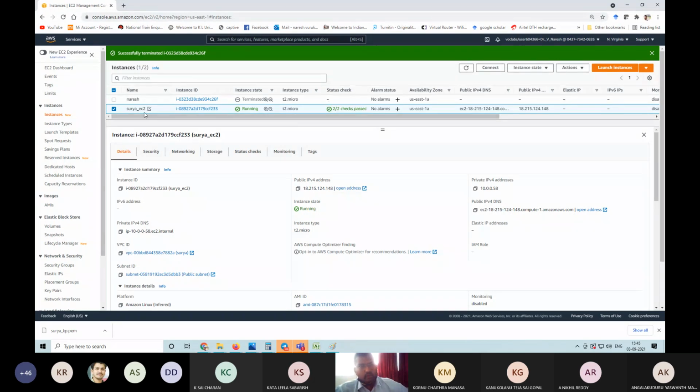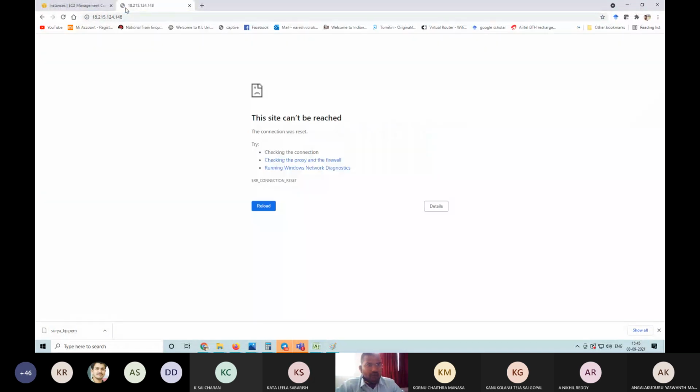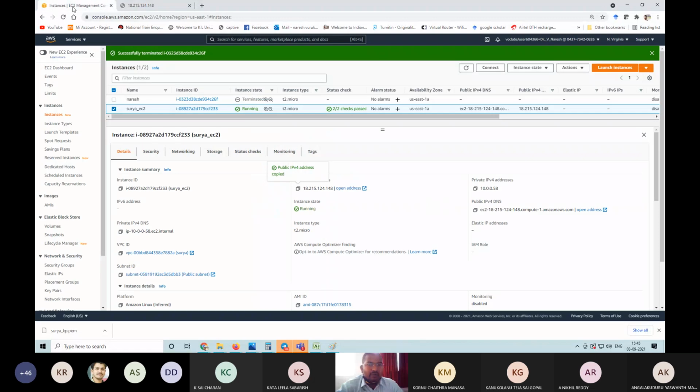Now you can see the Surya_EC2 instance I have launched. This instance has shown the health check as 2 by 2 checks passed. Now it is eligible for you to copy. See here, I am copying the public IPv4 address and pasting it in a new browser, and it is saying this site can't be reached. Why? Because though I have given the security group as HTTP, it is not sufficient to show that particular